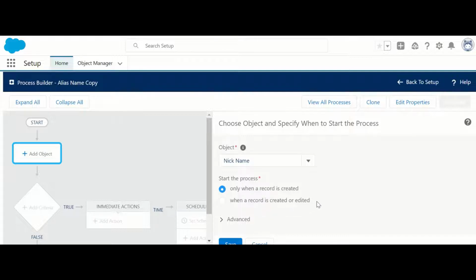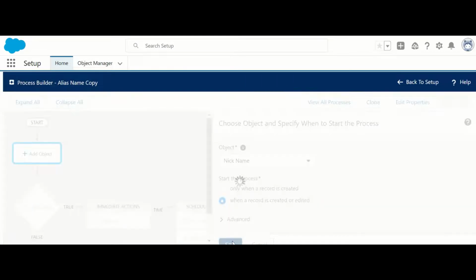According to our requirement, we will select when a record is created or edited. So whenever our nickname record is getting created or edited, this workflow will get executed. Save this.